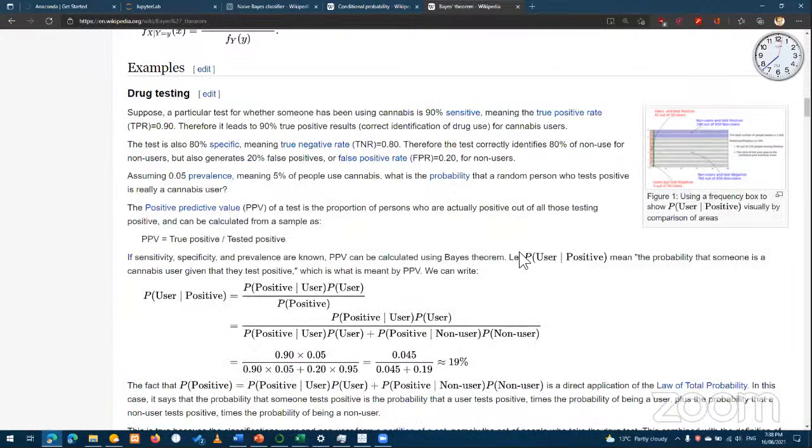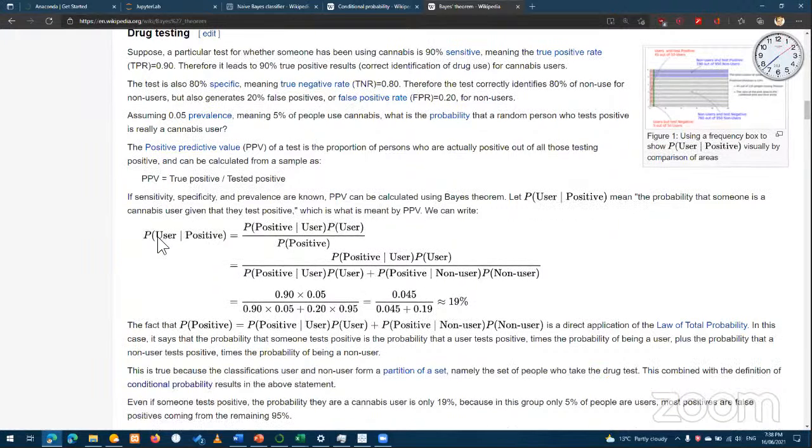Let's see a basic example. This might be the best example. Okay, so if we take drug testing,